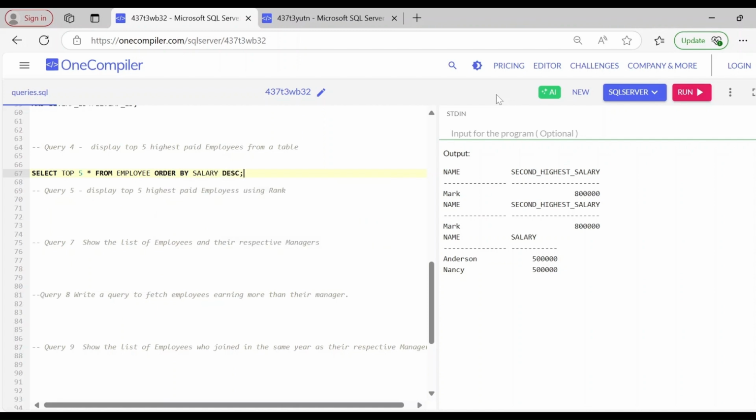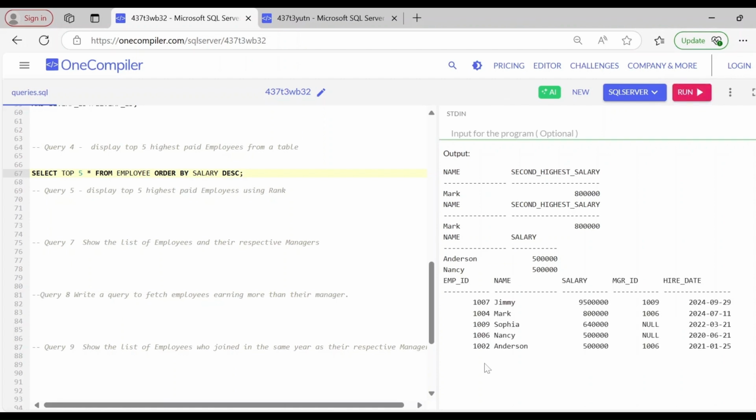So this is a very simple way you can show the top 5 highest paid employees. Let me run this query now. And see here, you are getting the top 5 employees based on the salary. Now we'll move on to our next query where you have to show the top 5 highest paid employees using